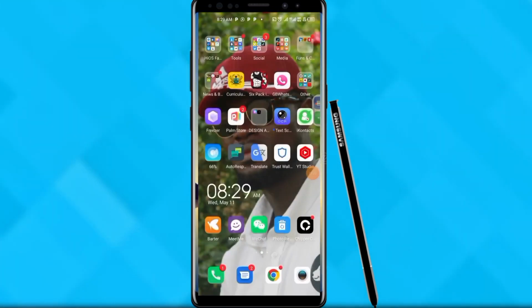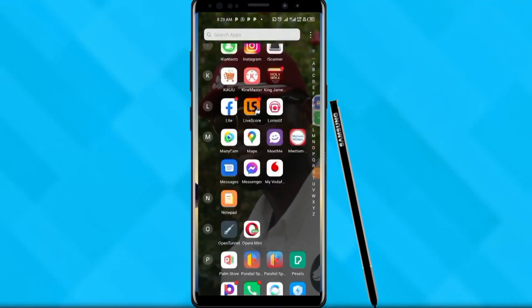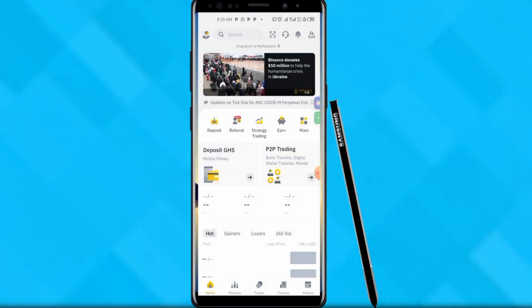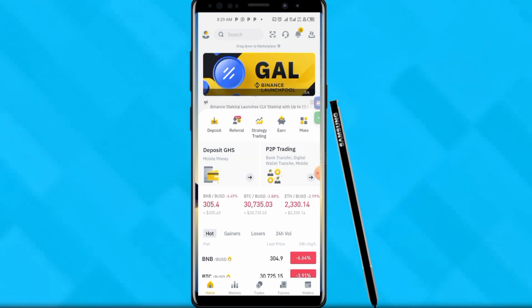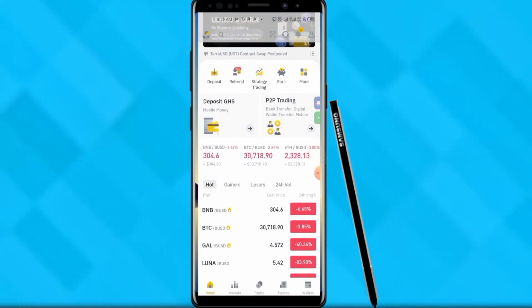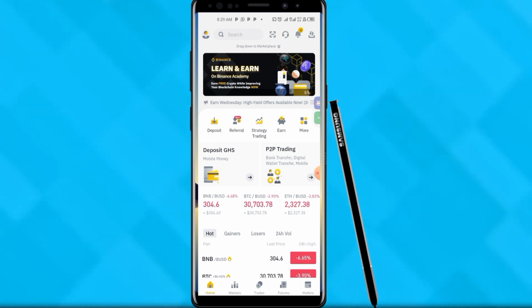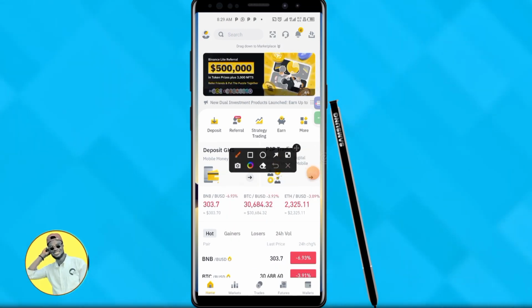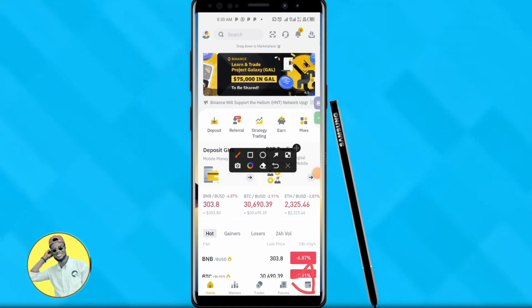So all that you need to do is open or launch your Binance app, and make sure you have Binance installed and you are verified for this tutorial. I am verified and everything has been done, so take note of that. Good. So when you come to your Binance account,